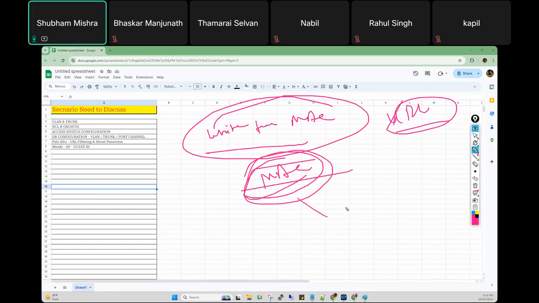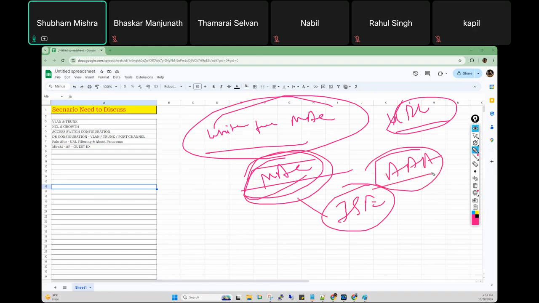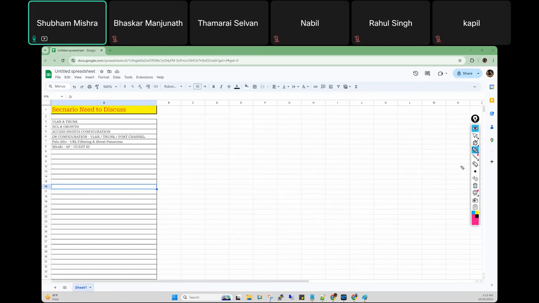From where? On ICE. Because on ICE, what is configured? AAA is configured. When your network does not authenticate your device, you will never be able to communicate with any SSID. For example, if in your company there is an established device or network, and you want to access that with your personal device, it will not authenticate by ICE. So first of all, what you need to do, guys? You need to whitelist your MAC address from ICE. Getting my point, everyone? Understand?